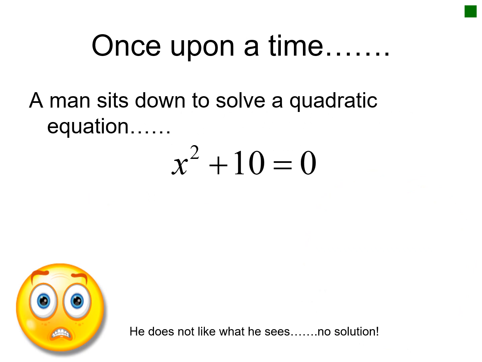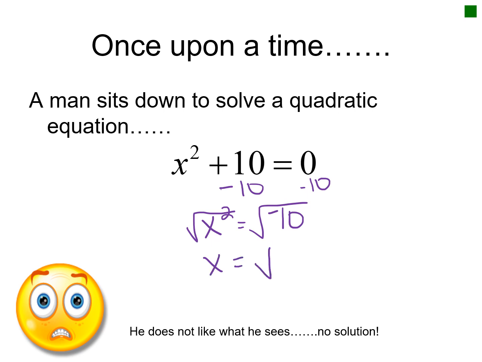So what if we were to come across a quadratic equation written as such? Our first initial instinct would be to solve for x. If I subtracted 10 from both sides, I'd be left with x squared equals a negative 10. Now we all know that to get rid of that power of 2, I have to take the square root of both sides. If I take the square root of both sides, I'd be left with x equals the square root